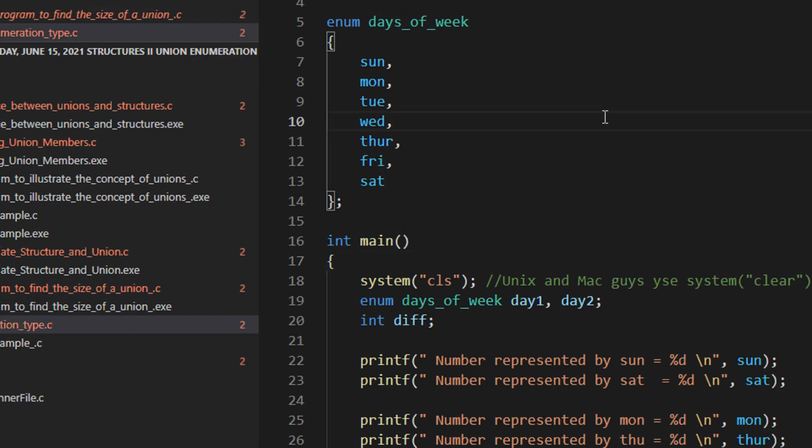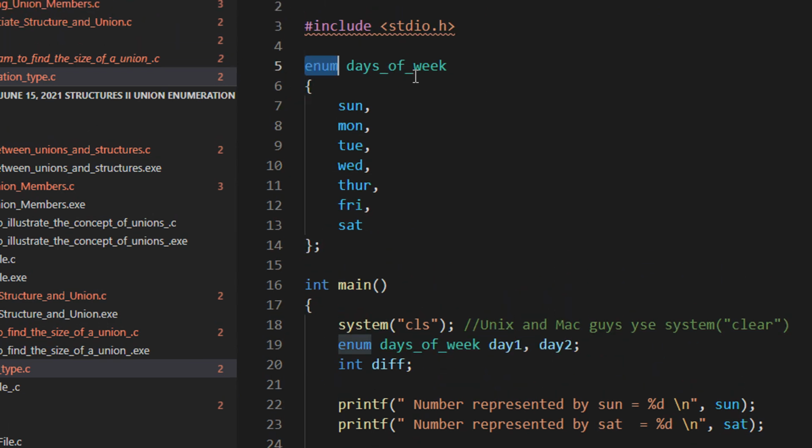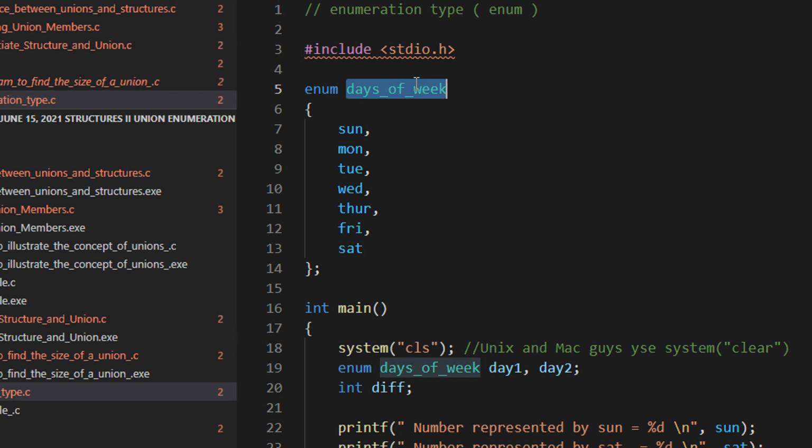So one very small example of enum, I don't know how far it is used these days, but sometimes in programming context you find this particular thing. So let us first see the output and then we will understand what happens here. So enum days of week. Again, using enum, basically you can define your own data type, but basically it assigns numeric constants to the variable.